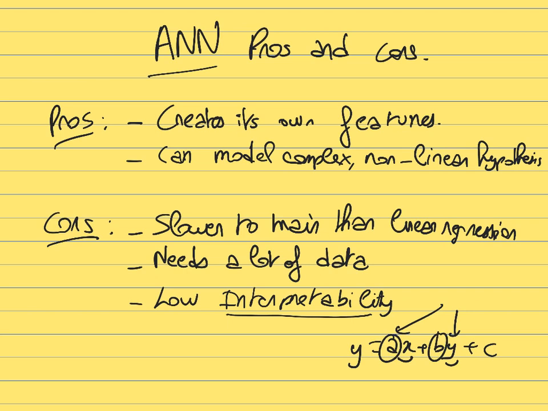It's very hard to understand why the artificial neural network made a given prediction, or why it got it wrong for this specific case. This is a problem sometimes, because your goal is not only to get an answer from a model, but also to have some reliability and be able to understand why the model gave you this answer. In this case, if you need to understand why, then the artificial neural network is typically not going to be a good choice, because it cannot explain why it made each prediction.